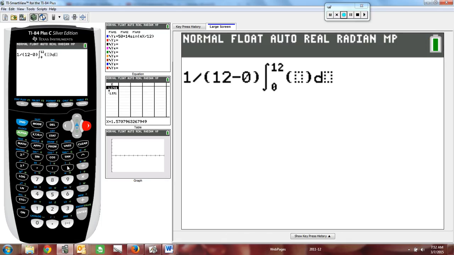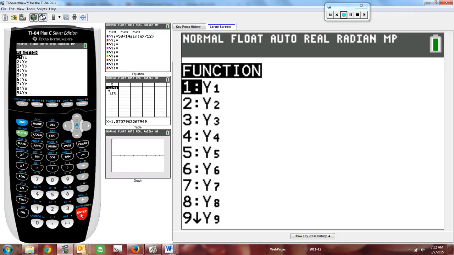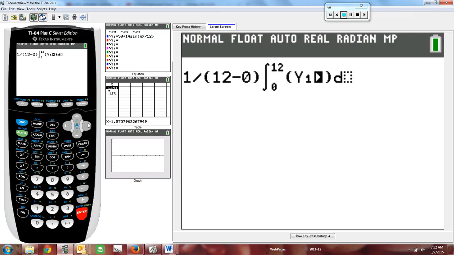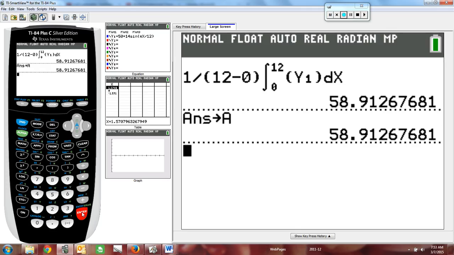And we go get our y1, so vars, y-vars, function, y1. And we're doing the integral with respect to x. And so this is going to give me my average value, my average temperature over the 12-hour period. I'm going to store that in, say, alpha A, just so that I can import that value. But let's write it down to 3 decimals, so